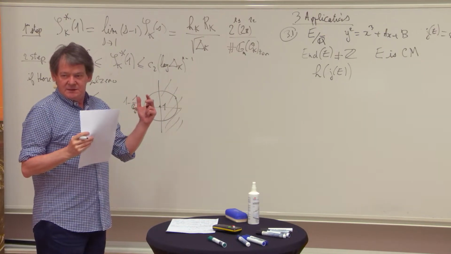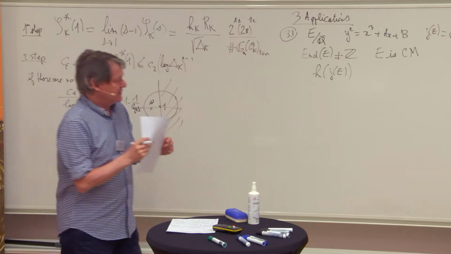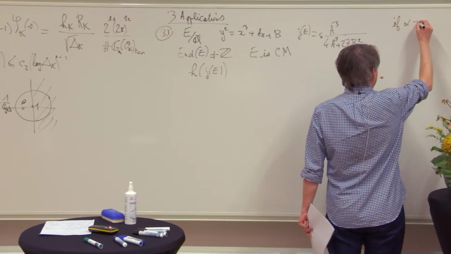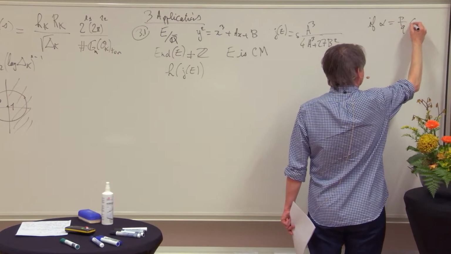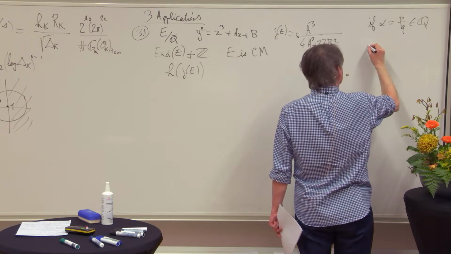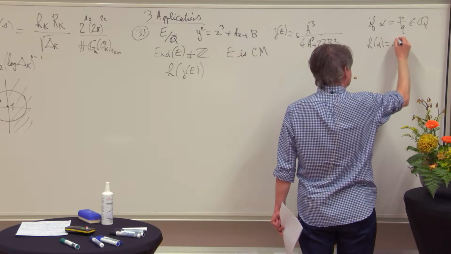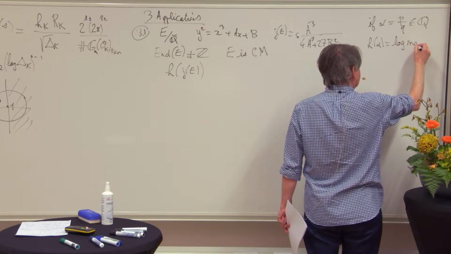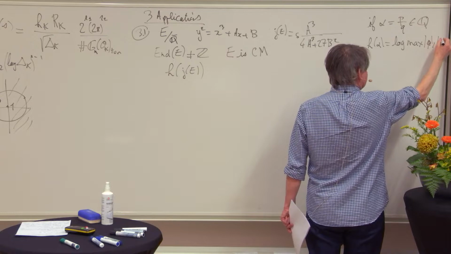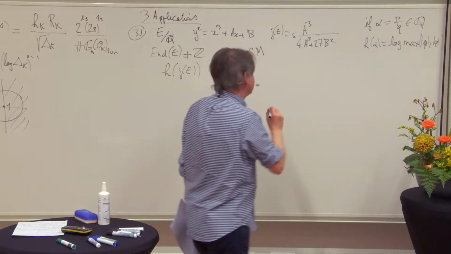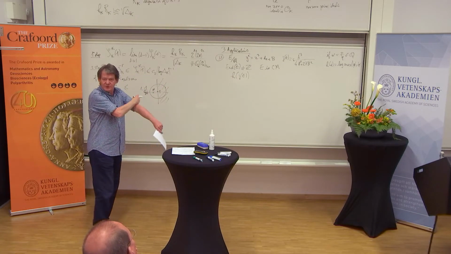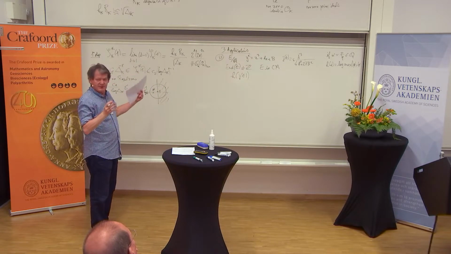So height, I will only recall briefly: if alpha is a rational number p over q with coprime numerator and denominator, the height of alpha is just the log of the maximum of p and q. Of course, if it's an algebraic number, you have to work a little bit more to define it, but it's essentially